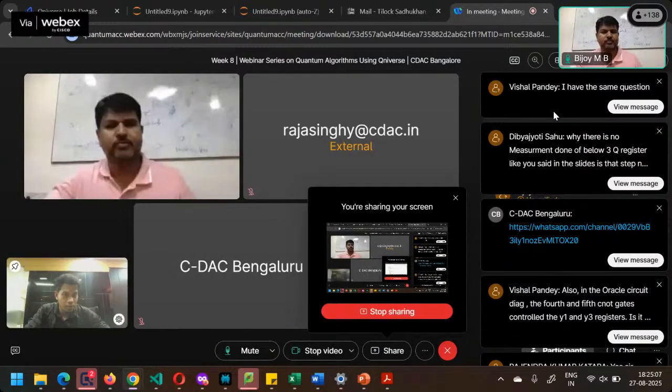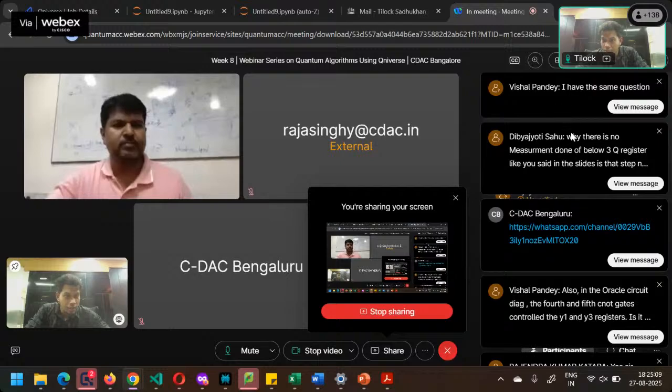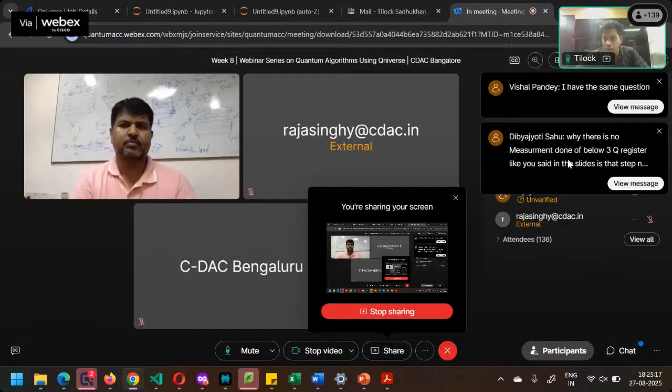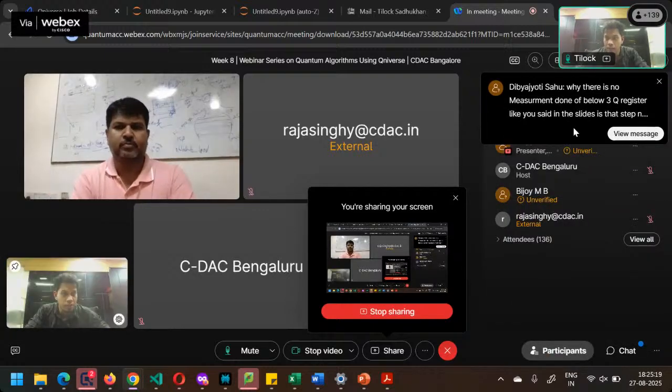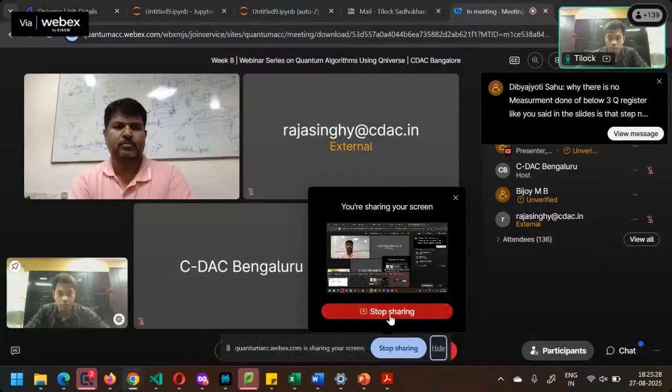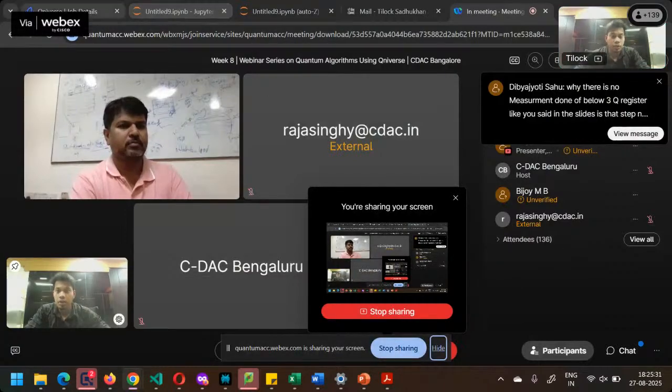A lot of questions. I have the same question. Why is there no measurement done? Okay, yeah. It does not matter actually why there is no measurement done on the below three-qubit register, like here in the slides. So it does not matter actually. If you see,